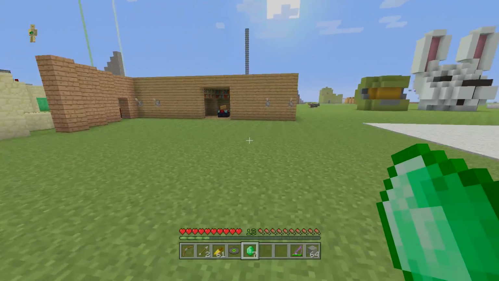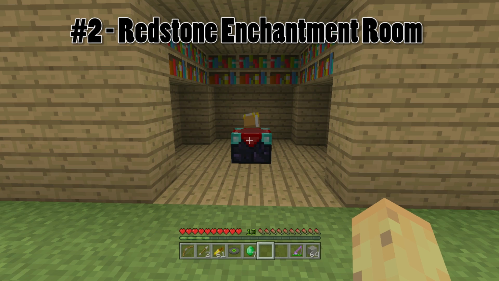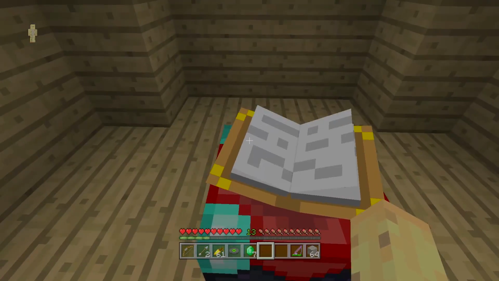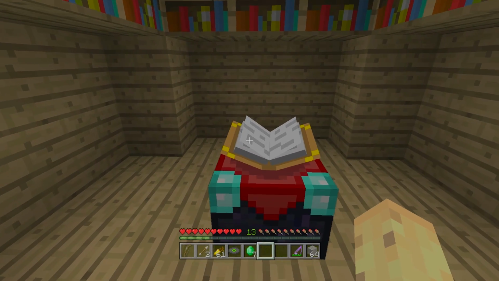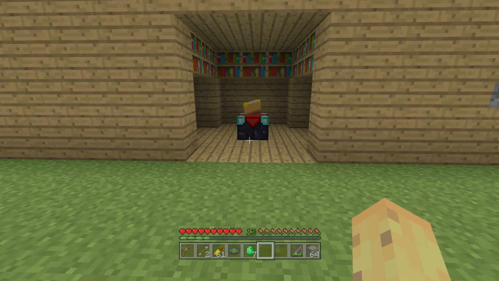The second idea over here is just over here, and it's to do with an enchanting room. So you might have an enchantment room at some point in your house, but one thing you probably aren't doing is an enchantment room that kind of doubles as all the types of enchantment tables. So if you don't know, getting a level 1 enchantment is very different to getting a level 30 enchantment, and sometimes you actually do want level 1 or 2 enchantments, and sometimes you do want level 30,